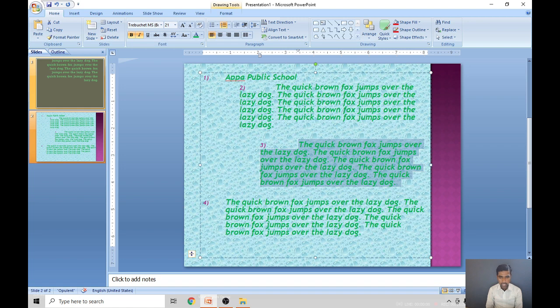And we have studied how to fill the color, the gradient, the texture or the picture to the shapes. And applying formatting effects, how to format the text. And last, we have studied applying indent, how to apply an indent effect to the paragraph, right, children? The still remaining points we will study in the next class.